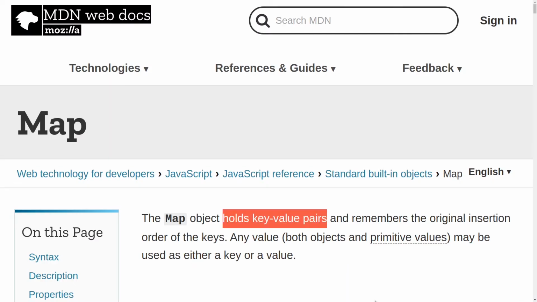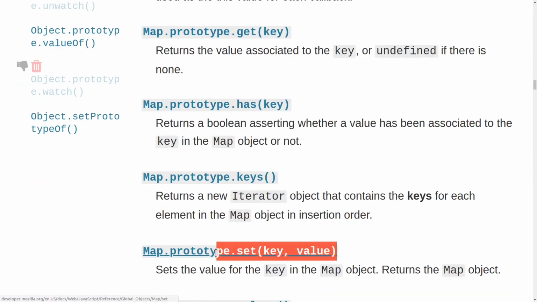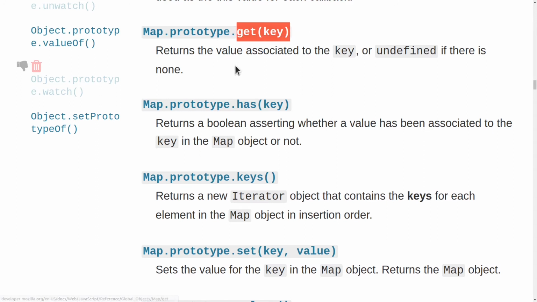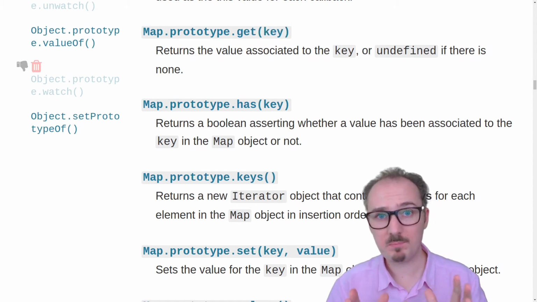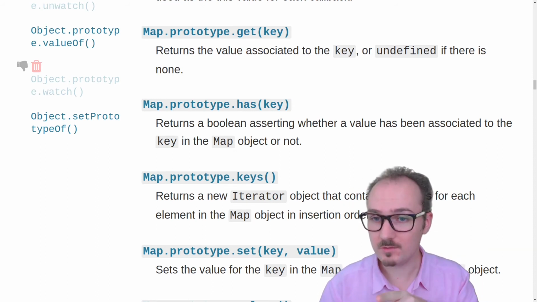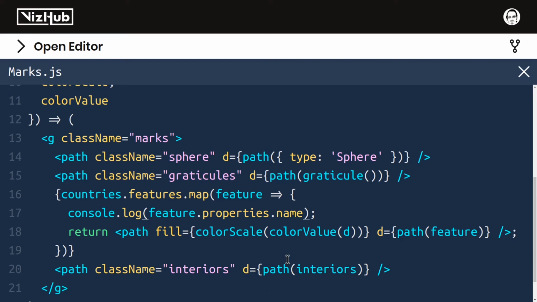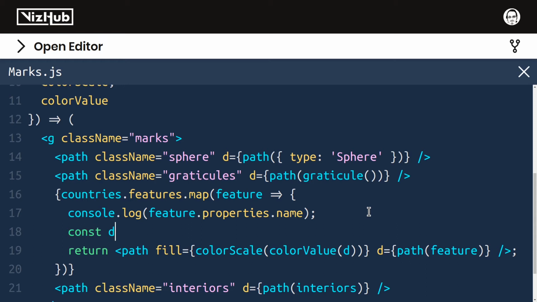A map holds key value pairs. You can construct a map by saying new Map. You can then call map.set with a key and value, and then later on you can call map.get, passing in a key to retrieve the associated value. Let's use this map data structure to set up a lookup table where the keys are country names and the values are the rows from the original data table that correspond to those countries. This lookup table is the missing link that we need to go from country name to D, the row from the table. Let's assign D to be rowByCountry.get